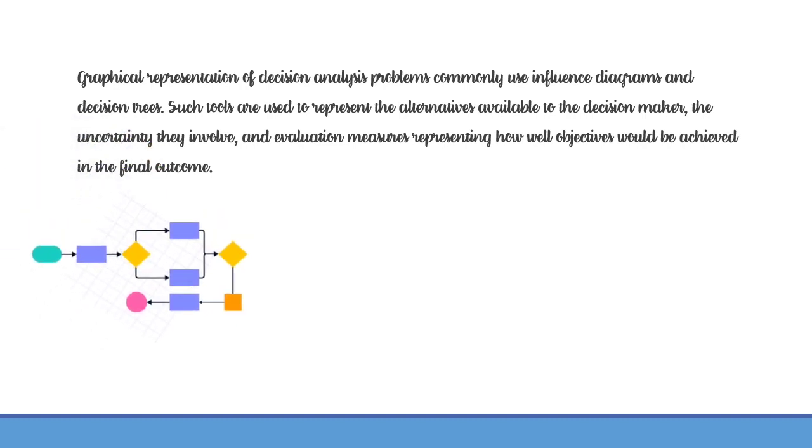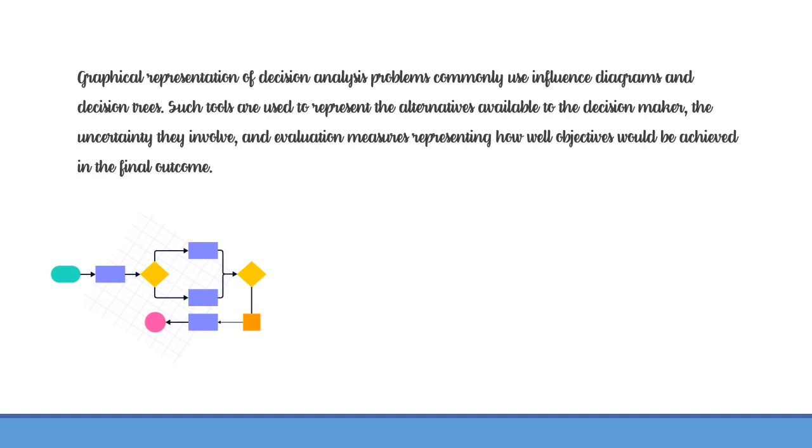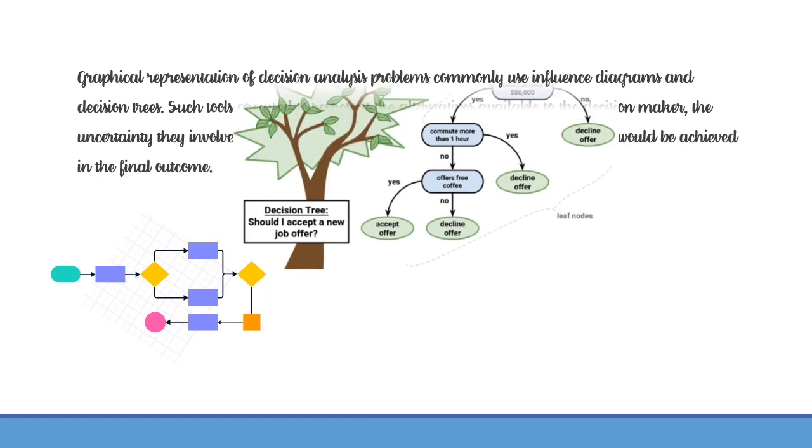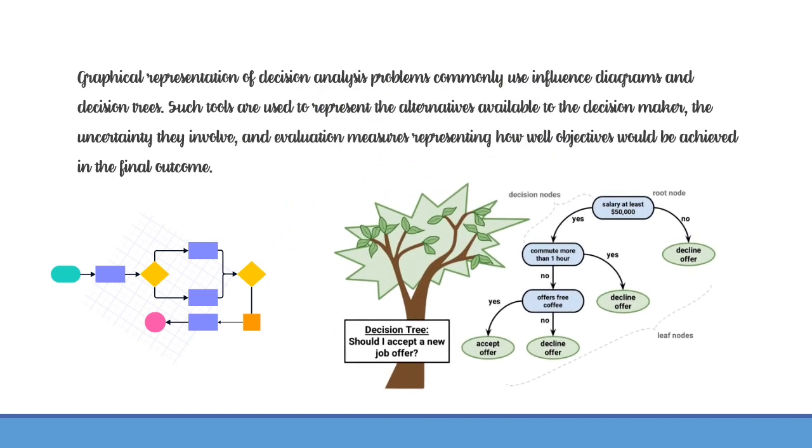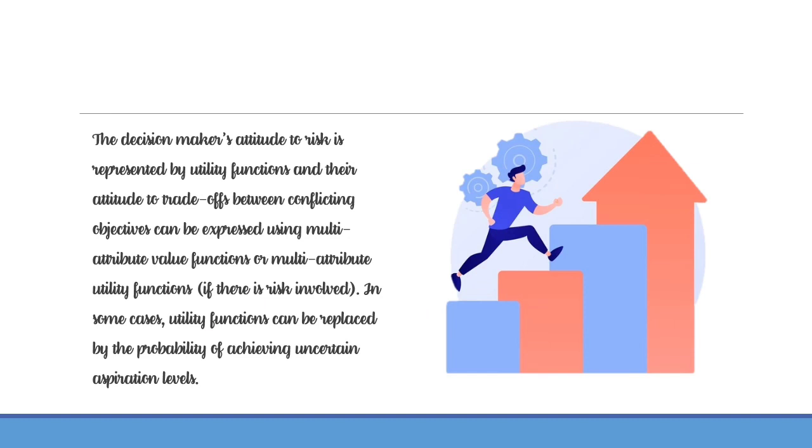Such tools are used to represent the alternatives available to the decision maker, the uncertainty they involve, and an evaluation measure representing how well objectives will be achieved in the final outcome. For example, the decision maker's attitude to risk is represented by utility functions, and their attitude to trade-offs between conflicting objectives can be expressed using multi-attribute